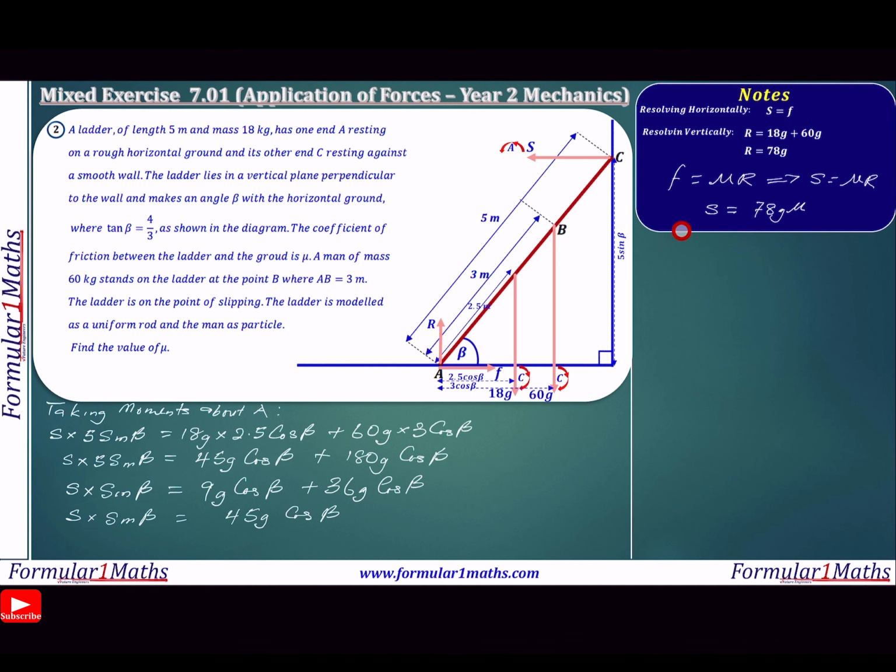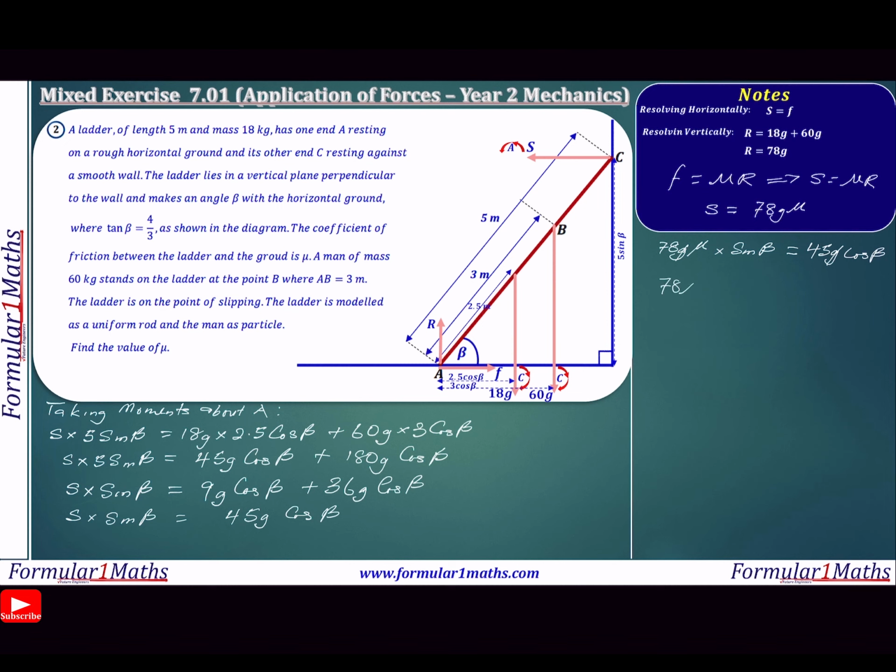I can now replace S in this equation with 78G times mu. And so if I do that, I'm going to get 78G times mu times sine beta is equal to 45G cos beta. So I can divide both sides of the equation by G, and so the Gs will go, and the equation becomes